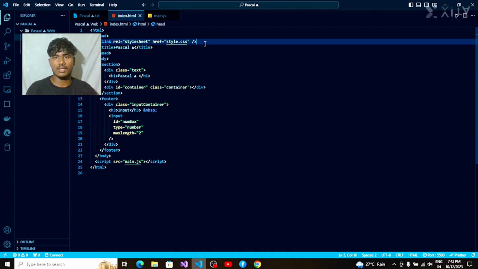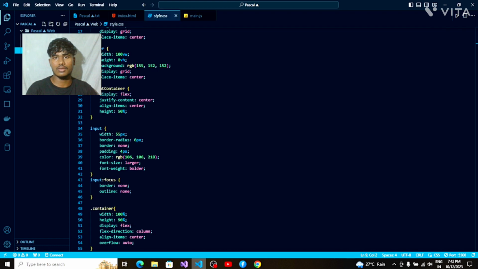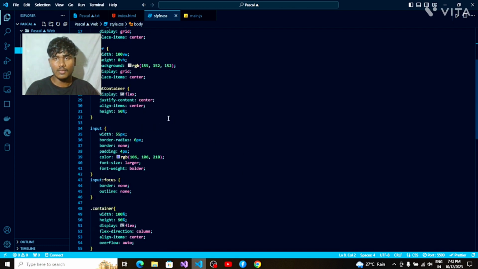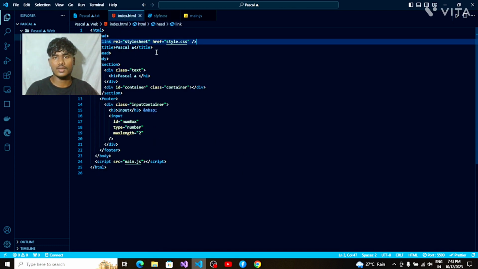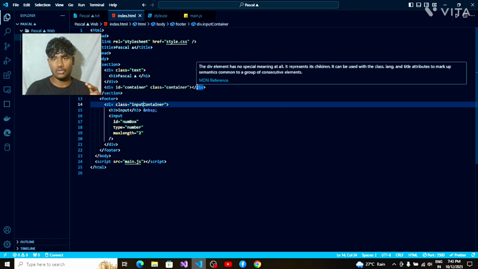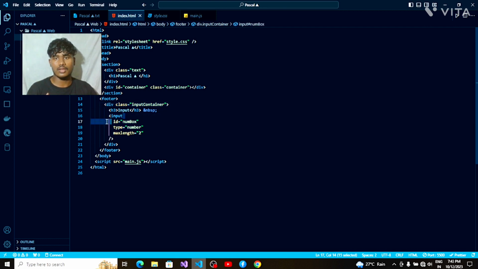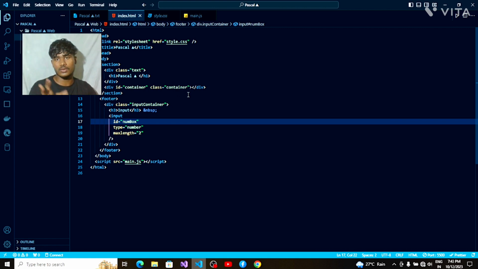We could see that I created a style CSS file, and you could see some of the tags used in here. Basically there are two sections: one will be section and the other will be footer. In the footer I created an input box, so I could input the values. You want to understand that I gave it the name numbox, and a container as usual, we use the container